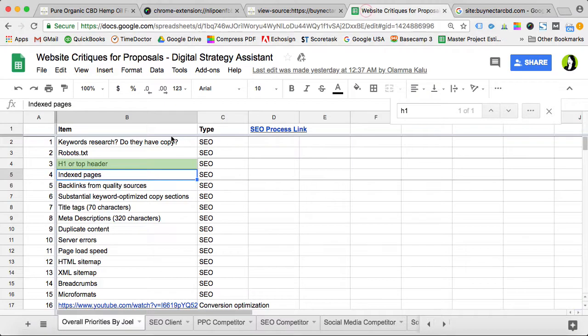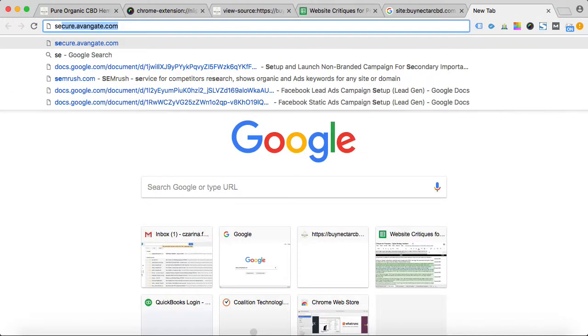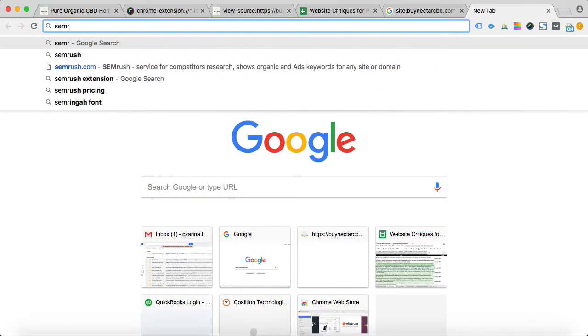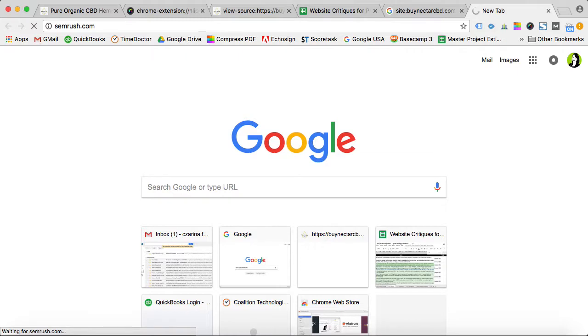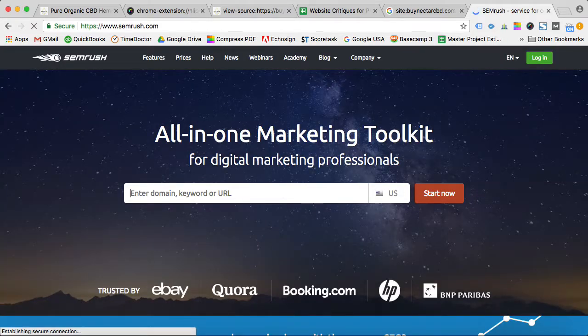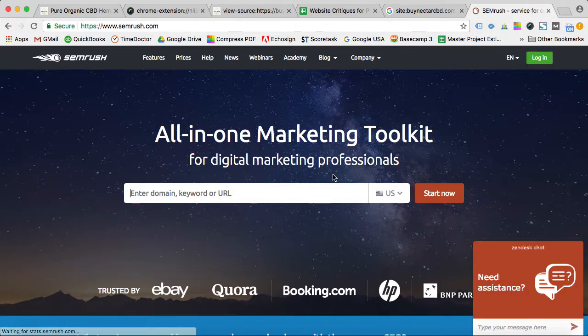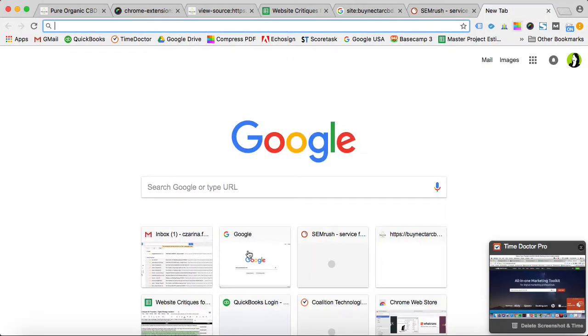Next that we have to check is backlinks from quality sources. So to check your backlinks, go to semrush.com. First thing that you have to do is to make sure that you have changed your IP address. So to change your IP address, we are going to